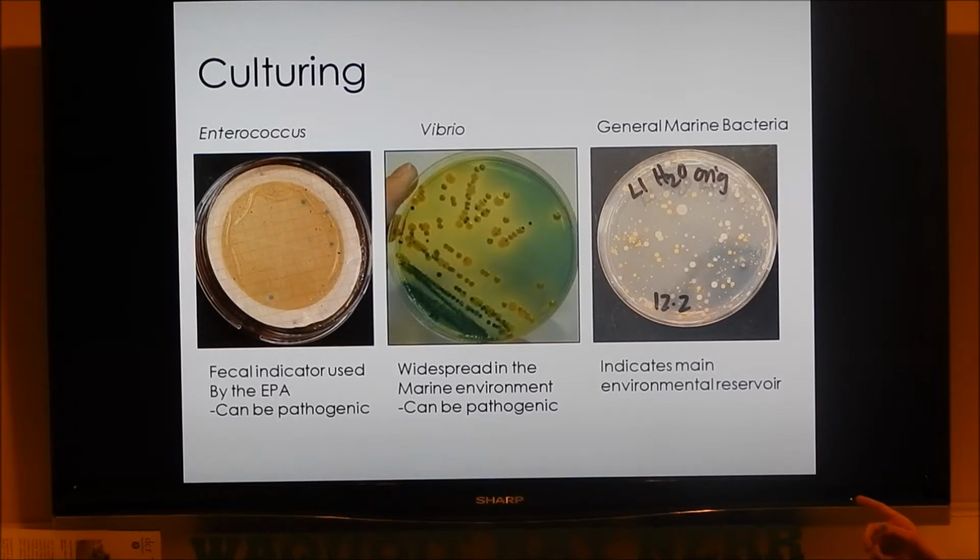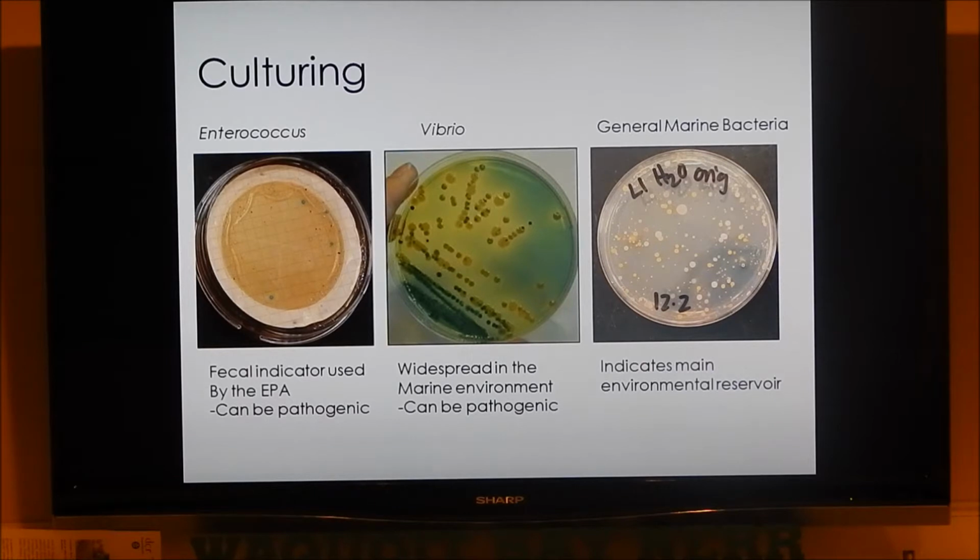The next ones are Vibrios, and these are widespread in the marine environment and often have association with marine organisms like squids or other plankton, but they can also be pathogenic. So you might have heard of Vibrio vulnificus or Vibrio parahaemolyticus, and those can cause gastrointestinal illnesses from eating the contaminated shellfish. Also, the causative agent of cholera, so Vibrio cholerae, is in this group too. But there's a lot of ones that aren't pathogenic here as well. But those ones also aren't as well known.